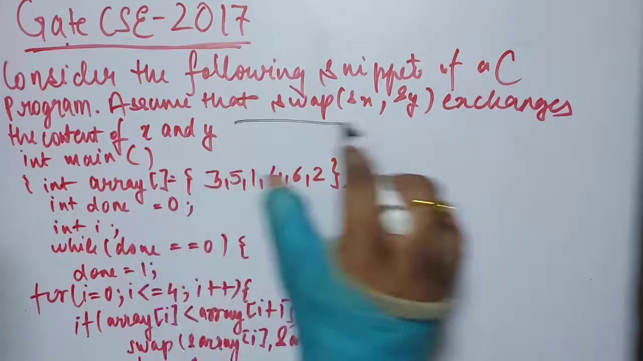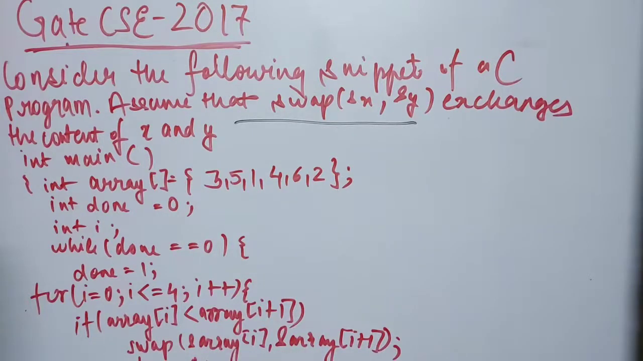Here it means that swap(&x, &y) exchanges the content of x and y. Means the content of x and y are changed by calling this function swap. In int main, there is an int array. Here they have given us an array, and they have also initialized a done variable as 0, and